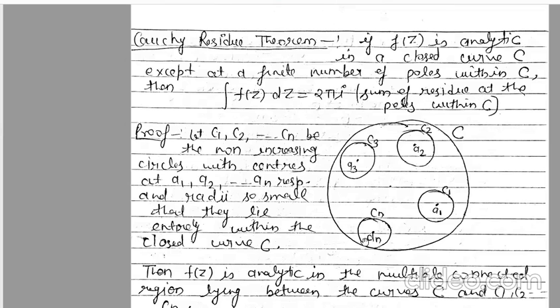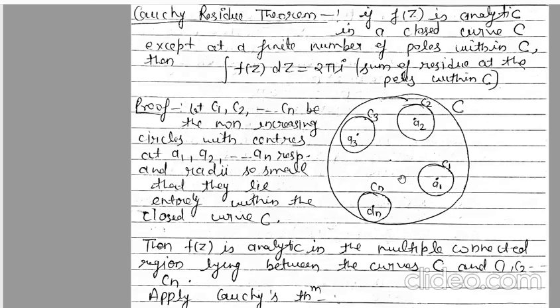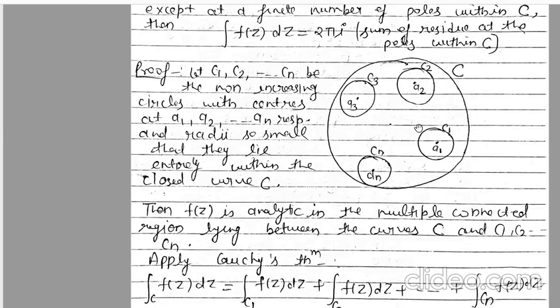For all the circles you have here, whatever poles you find, you have to find the residue of each pole, add them all up and write it down, right? And if that pole lies inside this circle, then you will find your residue at that pole. Otherwise the value of the residue will be 0. If your pole does not lie inside the circle, then you will write the value as 0.